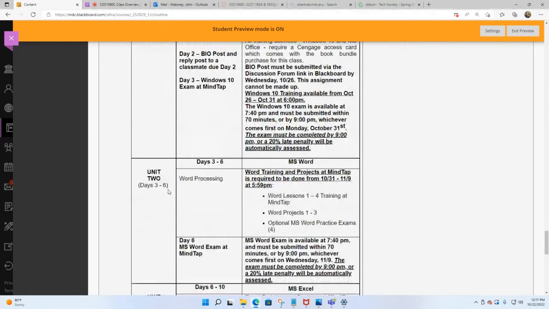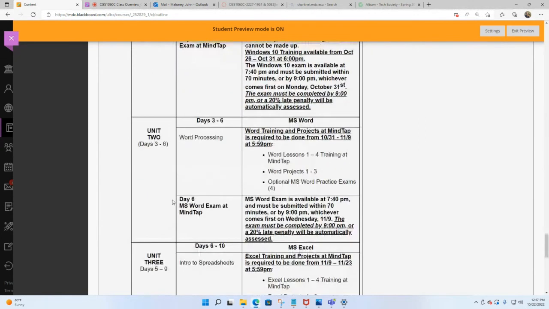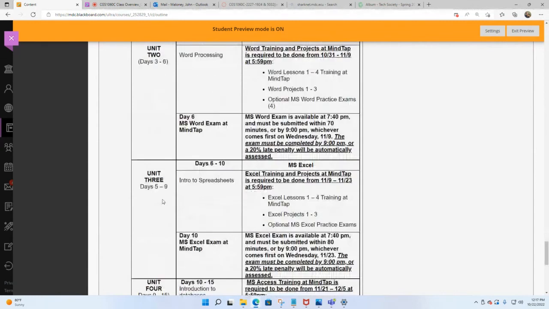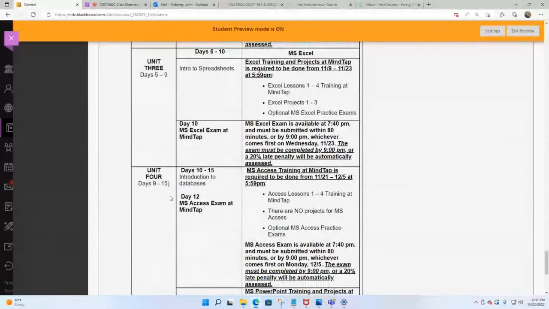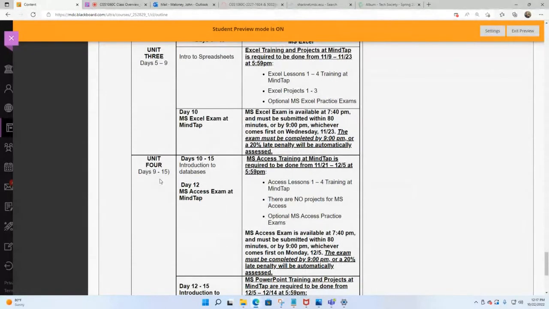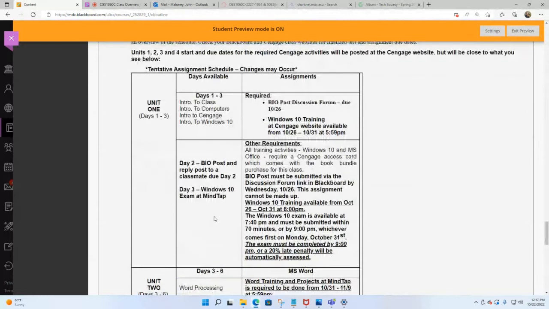And if you divide the days by 2, that would tell you where we are in weeks. So Unit 2 ends at the end of week 3. Unit 3 ends more or less at the end of week 4.5. Unit 3, that is. And Unit 4 ends more or less at the end of, technically, oh wait, what am I saying here? 9 through 15. Wait, did I mess up? Oh my God.